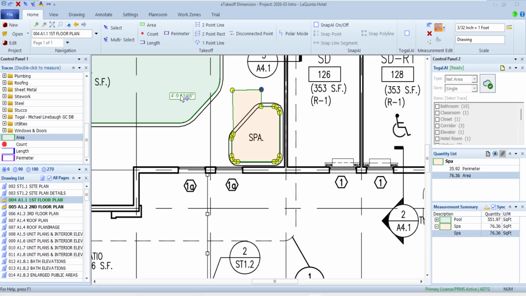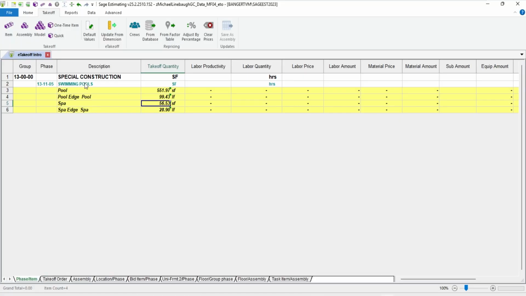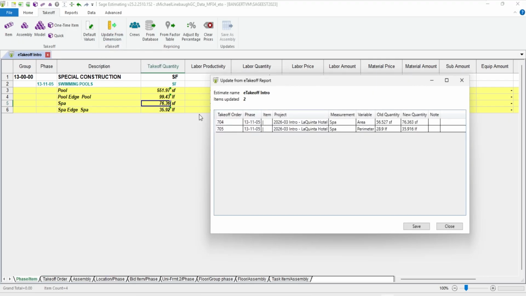So anytime something changes in my image, if I go back to my estimate, there's a button here that says update from dimension. When I click on it, it will give me a list of what changed. So I had 56, I changed it to 76. The perimeter also changed along the line.